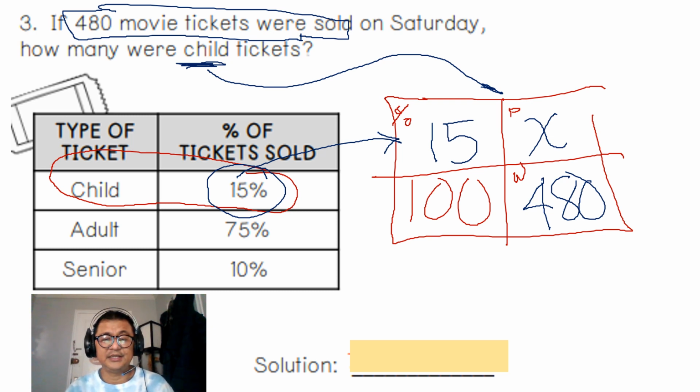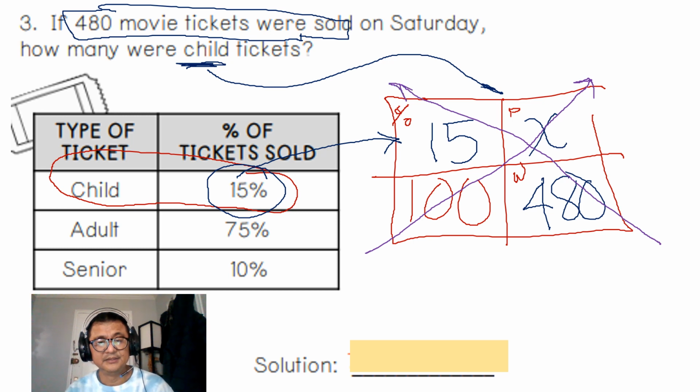Now, let's try the equation way using cross multiply. Look at this. If you don't want to lose the pattern, you can use cross multiply. That's 100 times X, 100X, is equal to 480 times 15. Get your calculator. 480 times 15, you will get